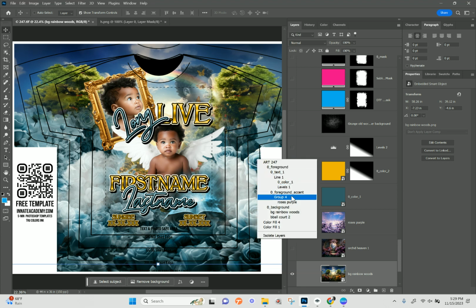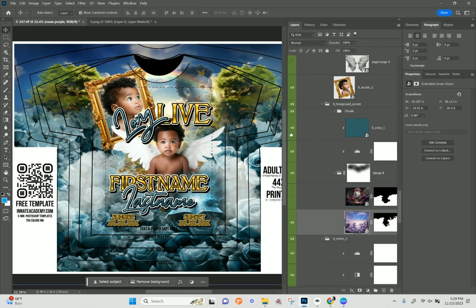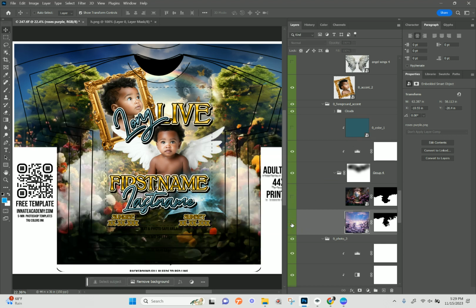So we're going to go to our foreground accent. Our roses are there, and we have a layer of color on it right now. So I'm going to turn the layer of color off just so that you can see where the roses are. We can change this color. So this theme, I'm going to be borrowing some colors from the background image, but we can just as easily change those roses from purple to teal to orange or whatever your theme is here. What I'm going to do right now is just go ahead and turn it off for a moment